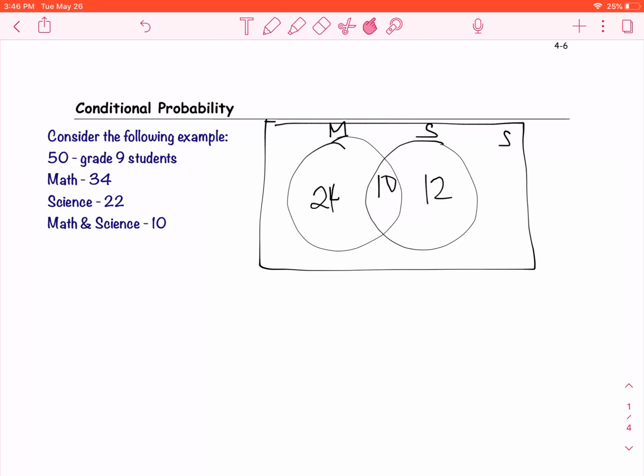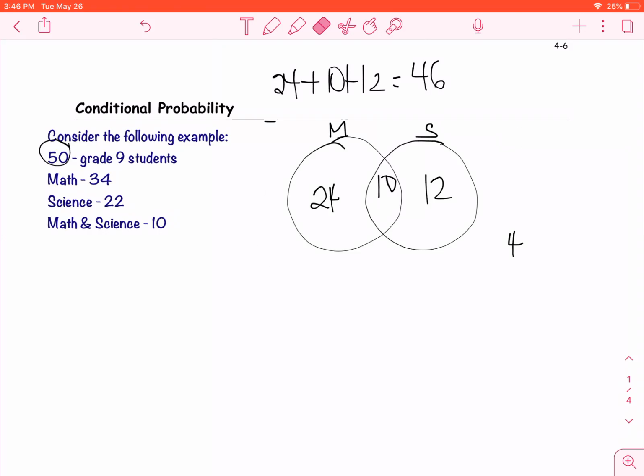So ideally, when we calculate our total, we got 24 plus 10 plus 12. We want to ensure that we actually get the 50 students that were surveyed. The thing is, when we add up these values, we have 46. So essentially that means out of your sample set, there are 4 students who don't like math or